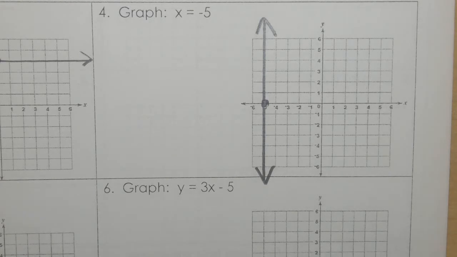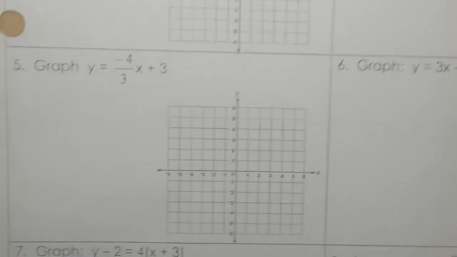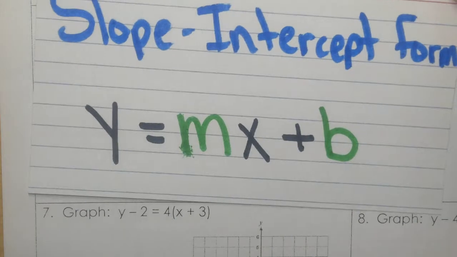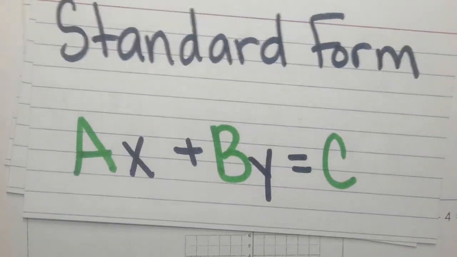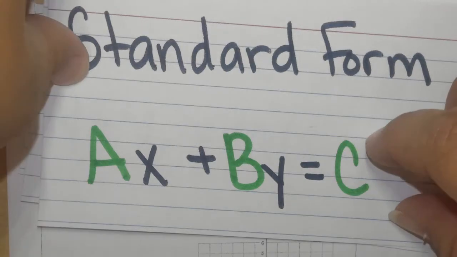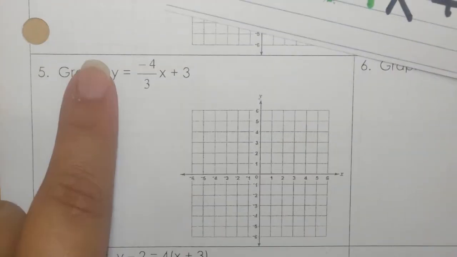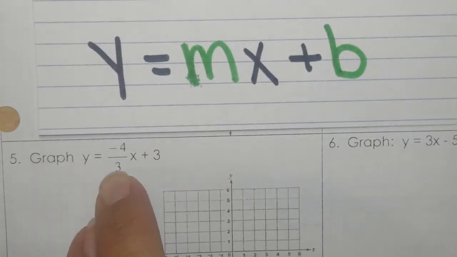Okay. Then for 5 and 6, we had discussed earlier that there are 3 ways to graph a line. We can use slope-intercept form, point-slope form, or standard form. And each one has its unique characteristics. So for slope-intercept form, we see that y is by itself here, and we see that we have a y by itself as well. So we're going to compare our slope in front of x,